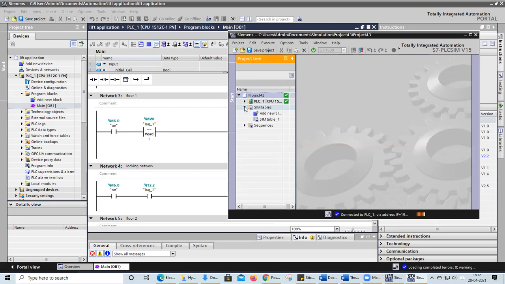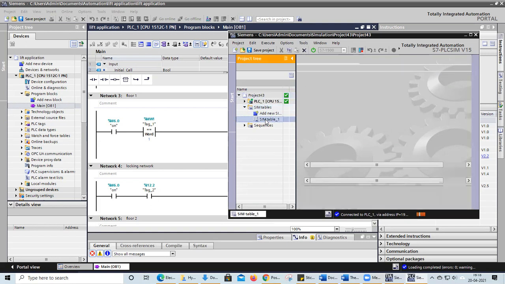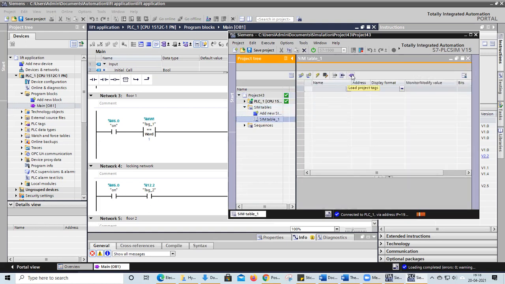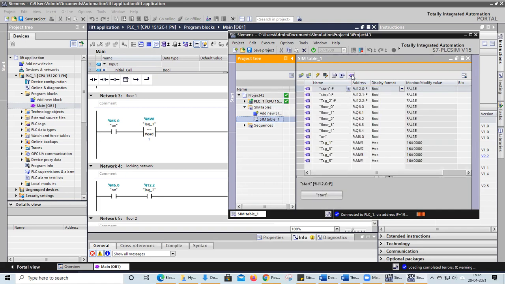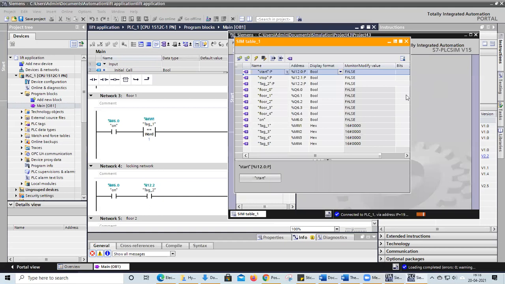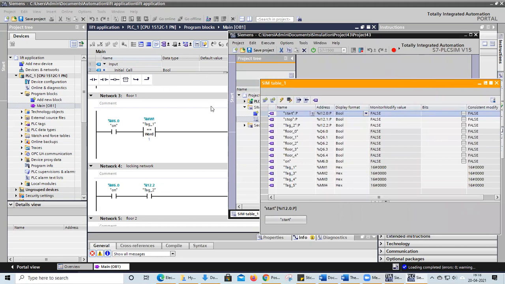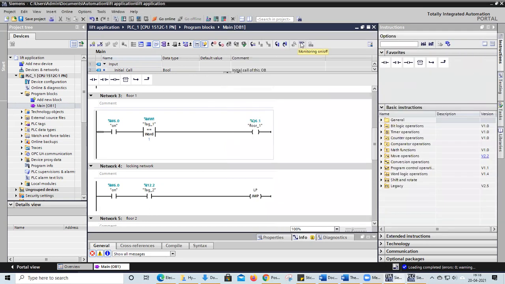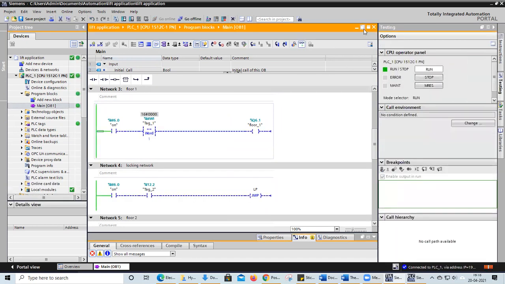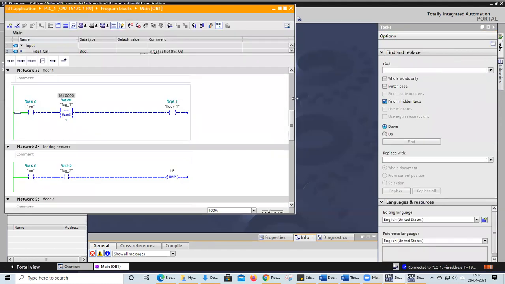Click on the sim table option and click load project tags. Now I'm going to separate this one since I want to float it for seeing, and click on this monitoring option. Float this one also.